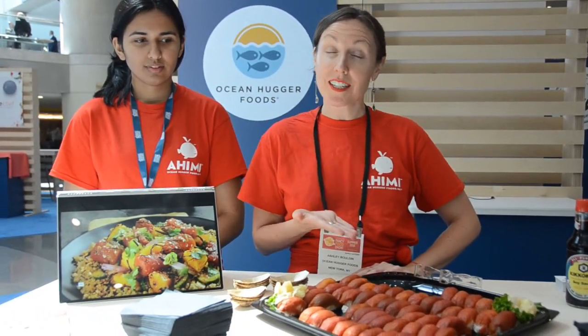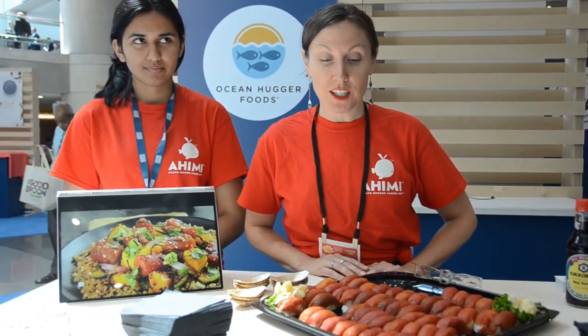About 90% of the world's commercial fish stocks are either fully fished or overfished. And our chef realized that when he visited Tsukiji Fish Market in Japan and saw the amount of tuna that was auctioned off there every single day. So he had a bit of an epiphany and spent the next 4 years working on this product. And so this is our first product to market, and we sell into food service. So it's best used for sushi and poke